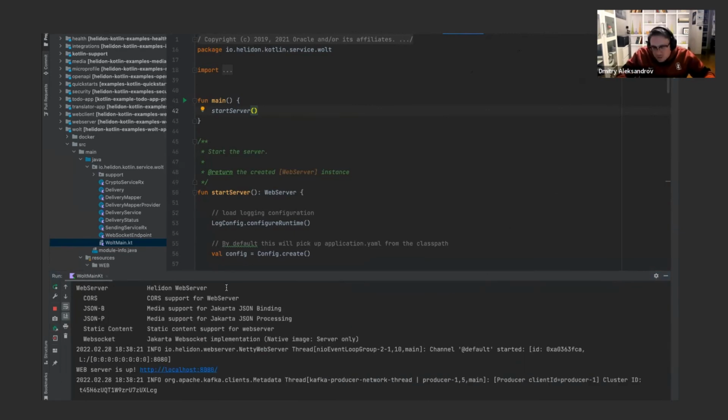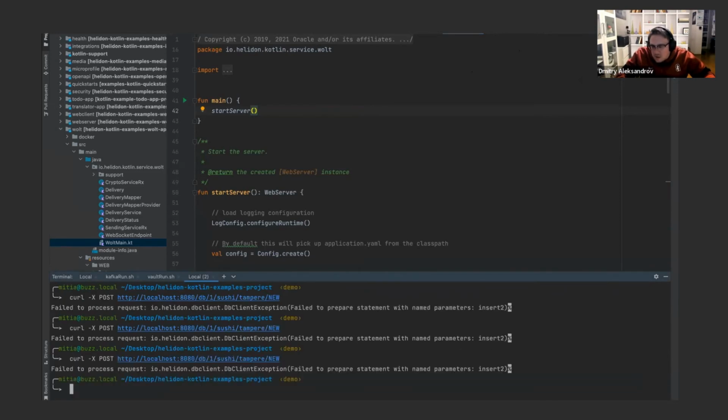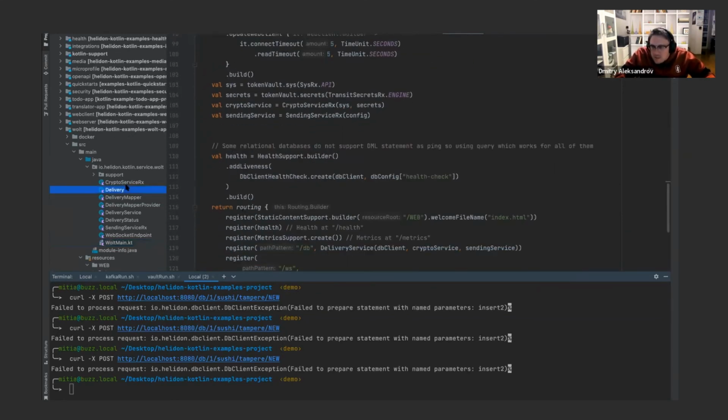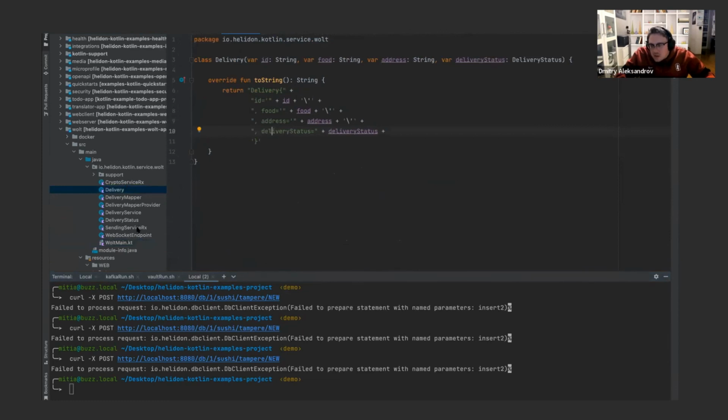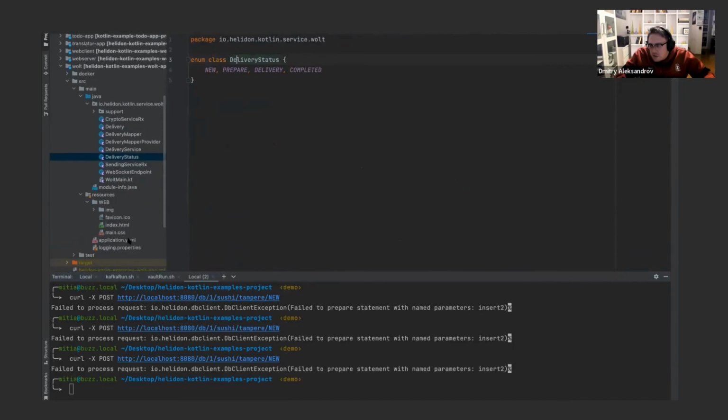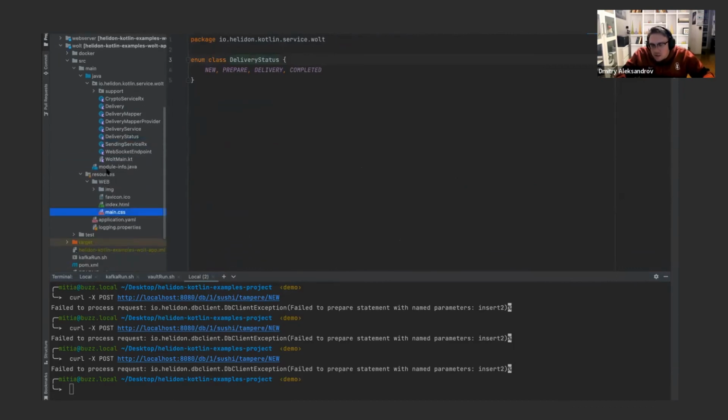It worked before the demo, but once again, demo gods. What's wrong with it? Failed to prepare a statement with parameters. Oh my god. So confusing. So sending service, delivery service, insert service. Let me just